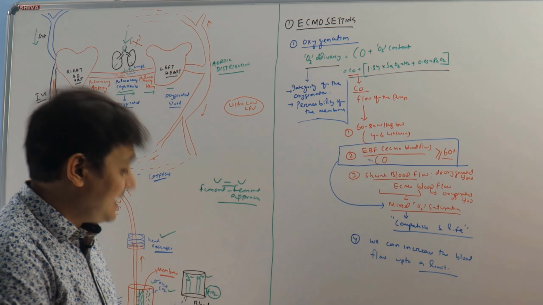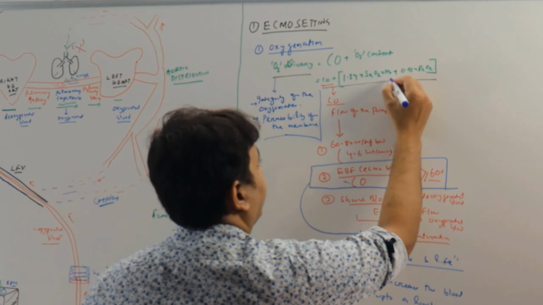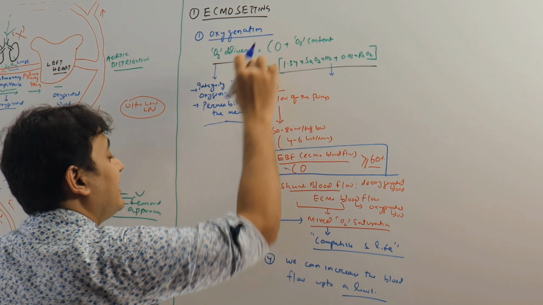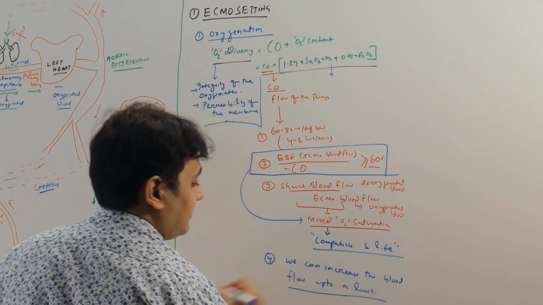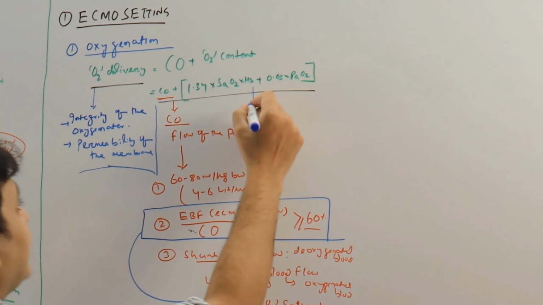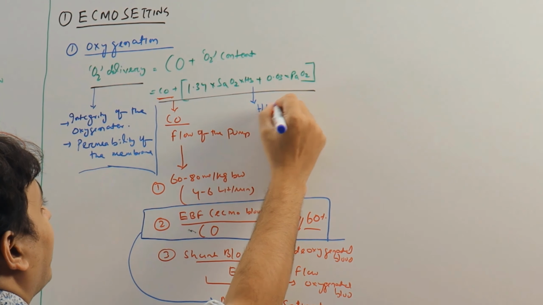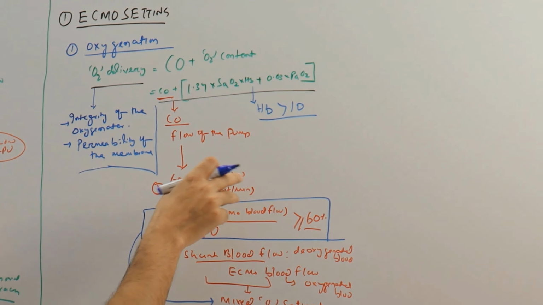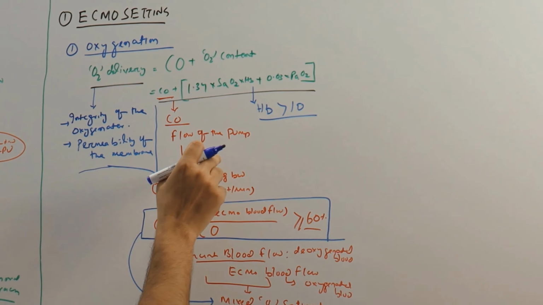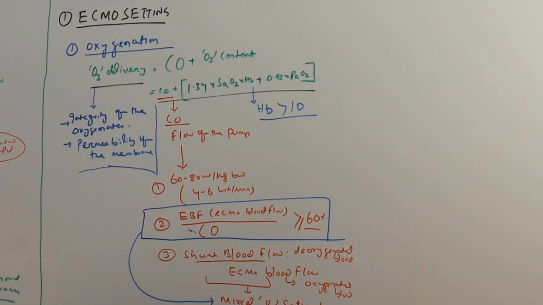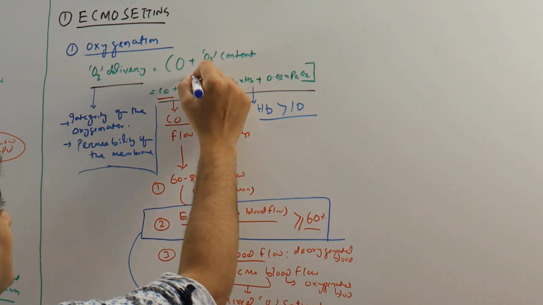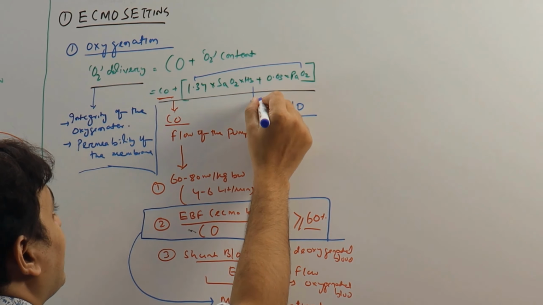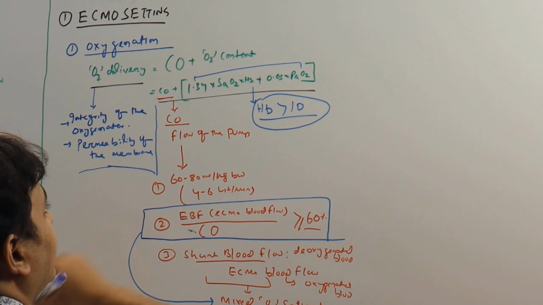So that is the reason why the next is the hemoglobin. Because in a normal person, we can increase the cardiac output beyond limits, but in ECMO, the cardiac output is limited up to a certain value. So this is very, very important. We have to keep the hemoglobin more than 10. In a normal ICU patient, we generally keep the hemoglobin target at 7, but in an ECMO patient, because the flow of the machine is limited, we have to increase this component to increase the efficiency of the ECMO. So hemoglobin will always have to be targeted more than 10, right?